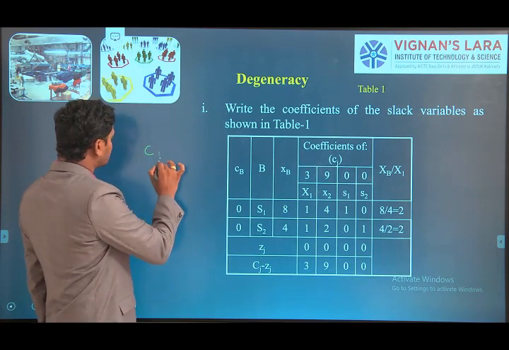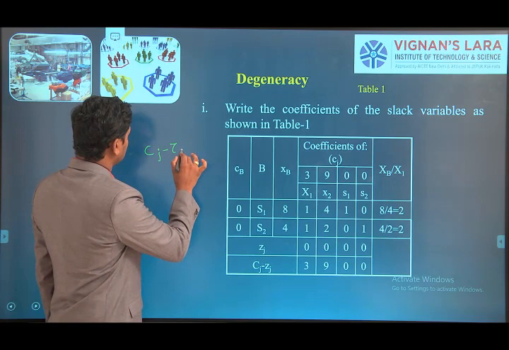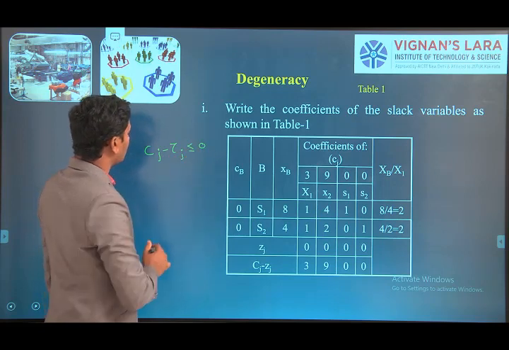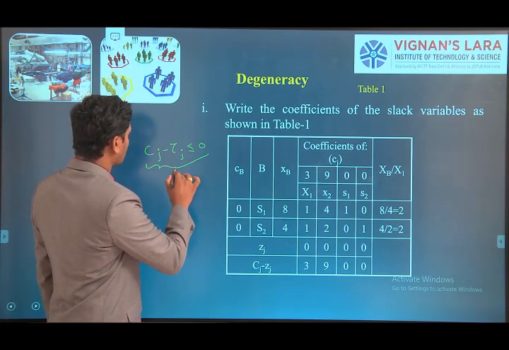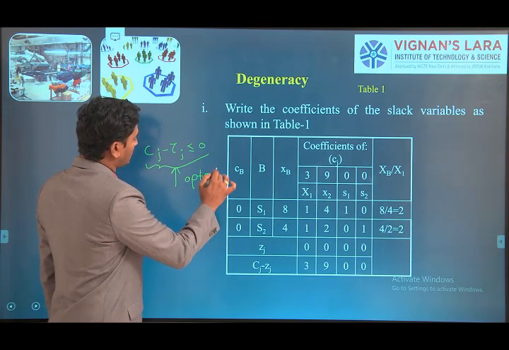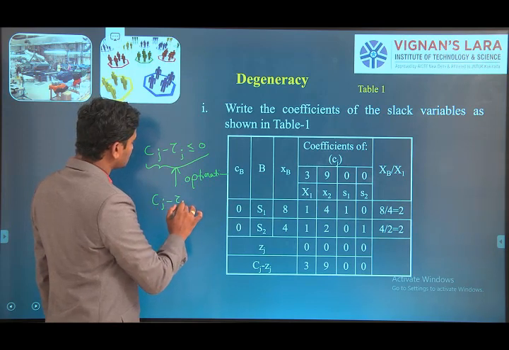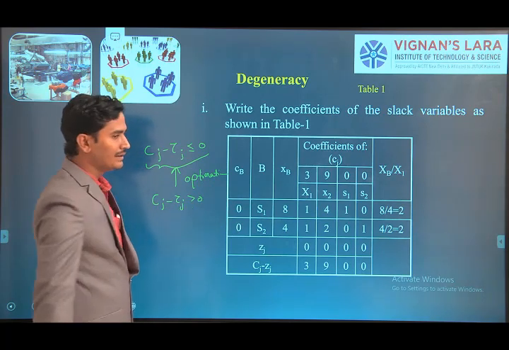Okay. Next what is our rule? If the objective function is its maximization, Cj minus Zj values are required less than or equal to 0. If it satisfies, the problem reaches the optimality. From this we are going to find the optimal solution. Or otherwise, if Cj minus Zj is greater than 0, we have to apply the iterations.